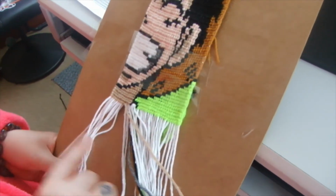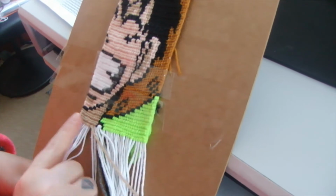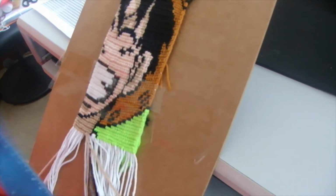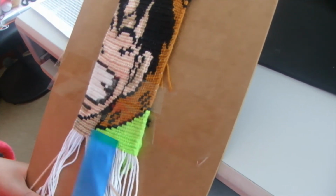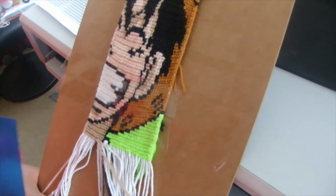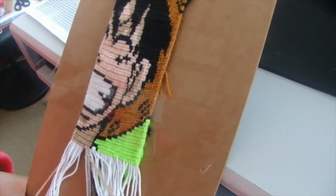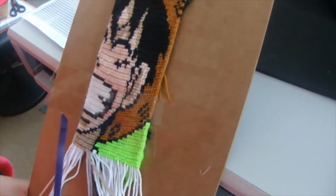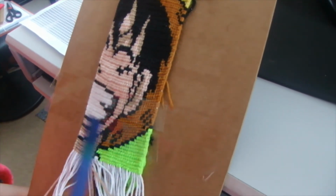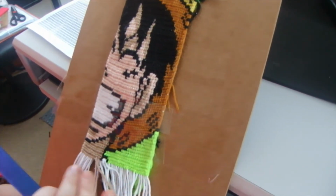And I'm glad that right now I'm able to see a straighter edge, straighter line, and as you can see, it's a straighter line. And this particular neon green color highlights so much the edge of his head without it showing that it was going a bit the other way, and it was kind of making this piece a bit quirky, and I was worried that it might not come out very well, but I am glad that I worked further, and by adding this green color, which is thicker thread,